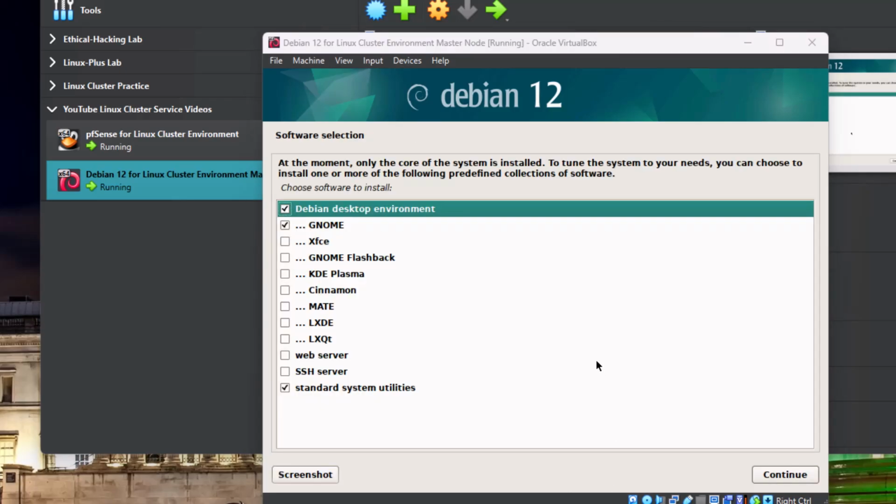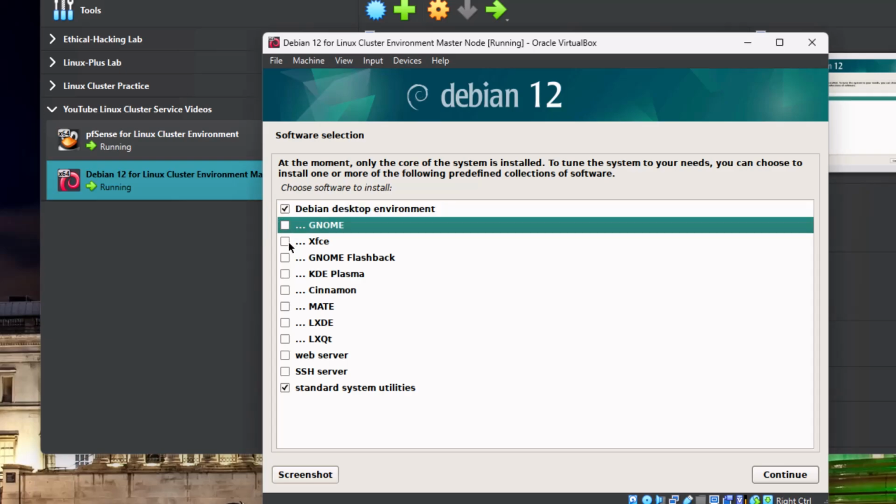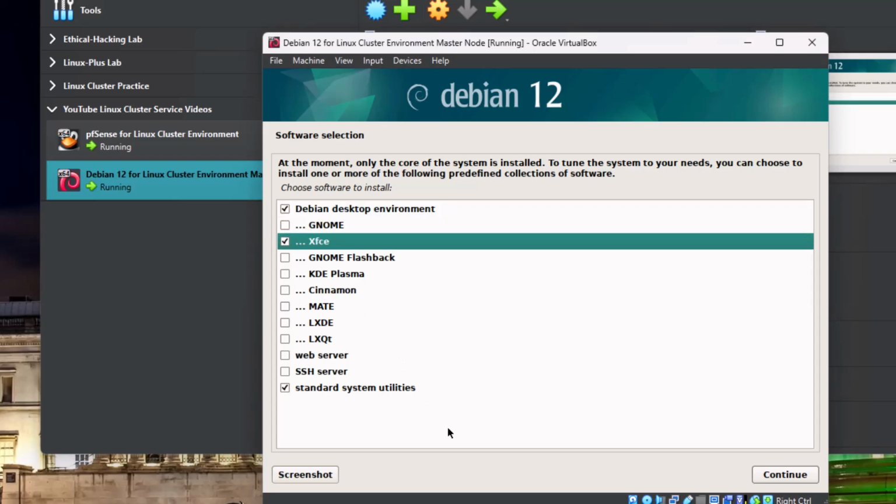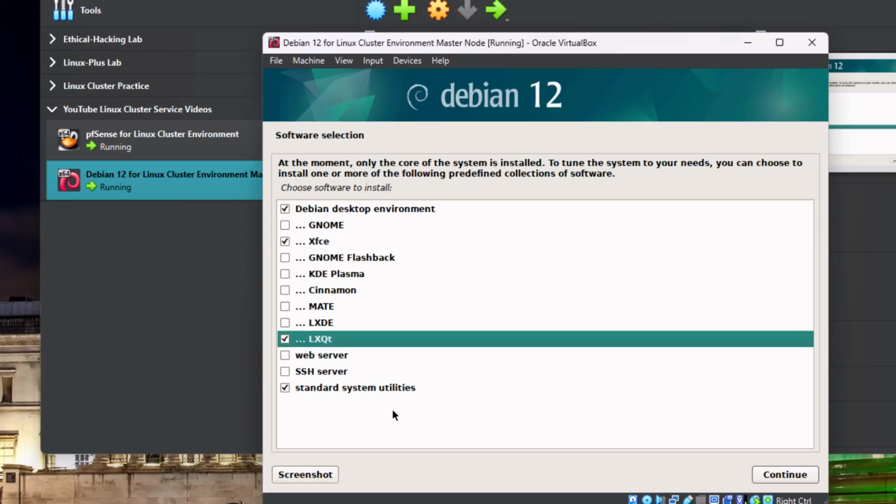Okay, you were probably presented with a screen that I did not show on camera here, but it asks you, do you want to share anonymous information with the Debian people, and it's set to no, which is fine. Now, you can pick your different desktop environments here. You can see that GNOME is selected. I'm going to uncheck that, and I'm going to select XFCE. There's another one that you could try selecting, so you can move back and forth between it. There's one called LXQT, but I think we'll just go with